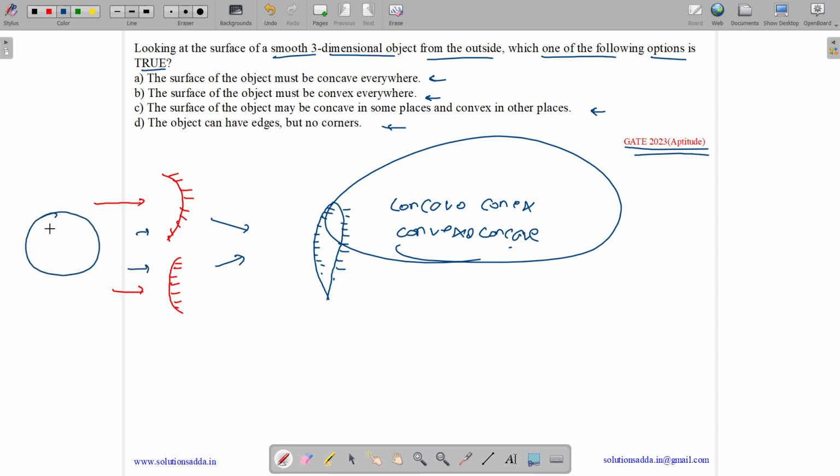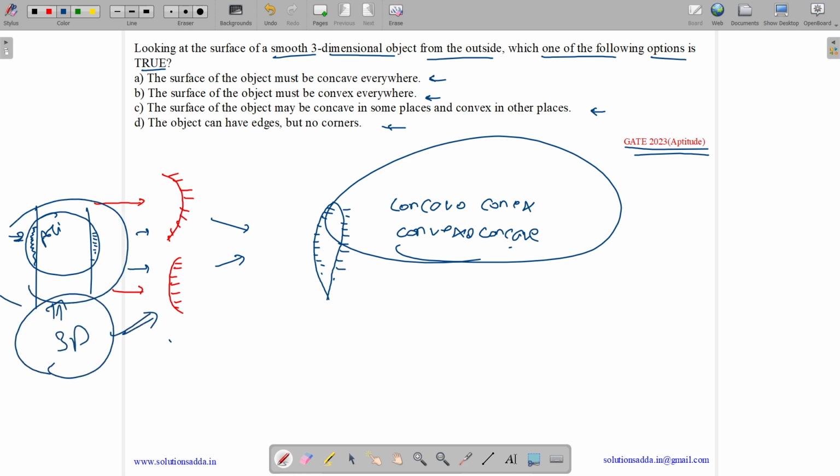So we basically have a sphere with a polishing and they can be taken out as a part of a sphere. So we can take out some parts. So if we have polishing inside, so if we have polishing over here, then this will become our convex lens. And if we have polishing over here, then this will become a concave lens. And this is a 3D object. And as we cut out the pieces, so lens is also a 3D object as it is formed from a sphere. Thus, we have a 3D object, a smooth 3D object.